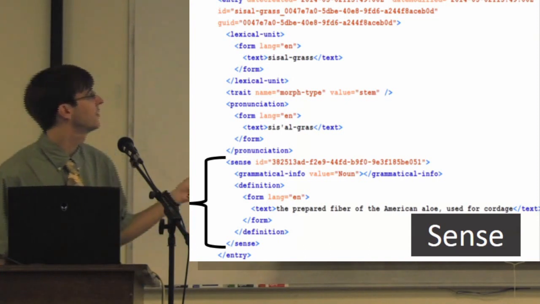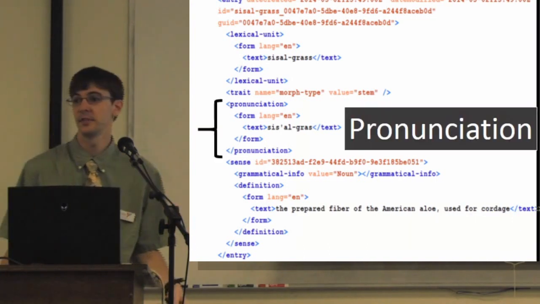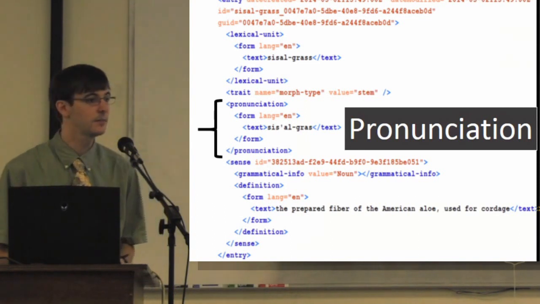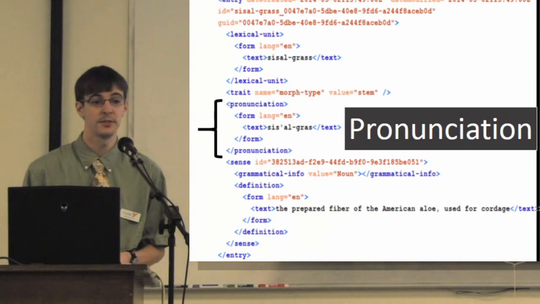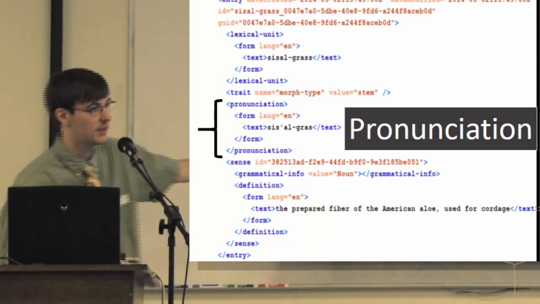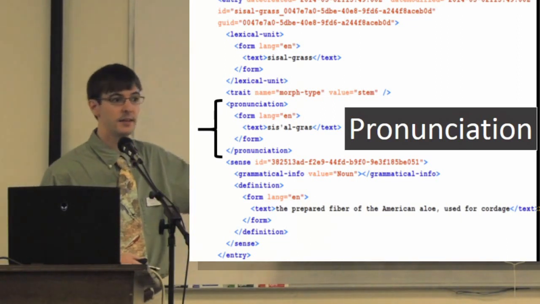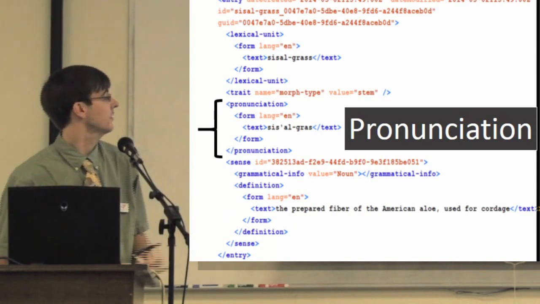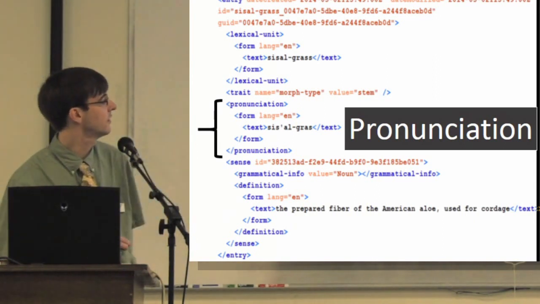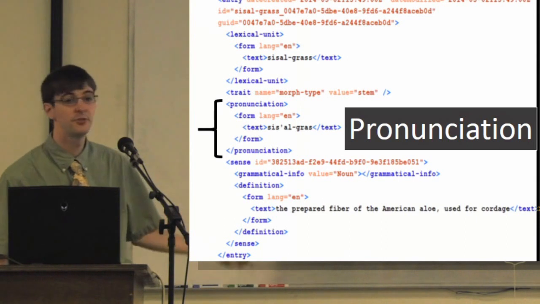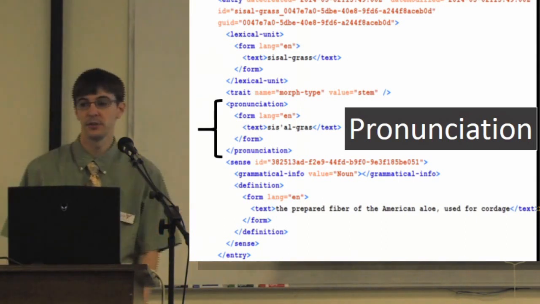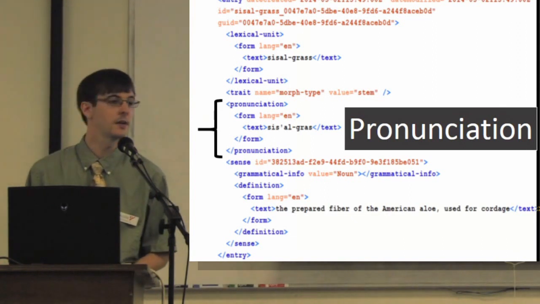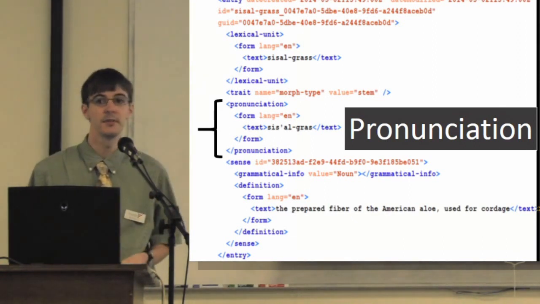You still have the pronunciation, and the pronunciation starts there and ends there. This XML is self-descriptive. If it's a well-designed XML data or XML form, then you should be able to look at these tags and figure out what that data inside is. So we know that what is in here should be the definition, and it is. And that definition is in English. So now the languages are actually embedded in the document as well.